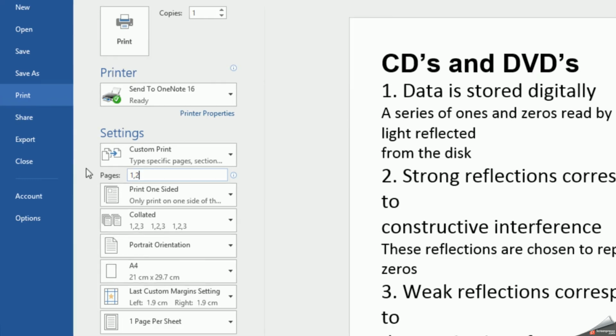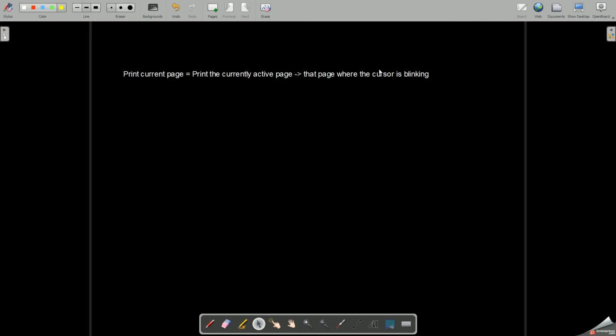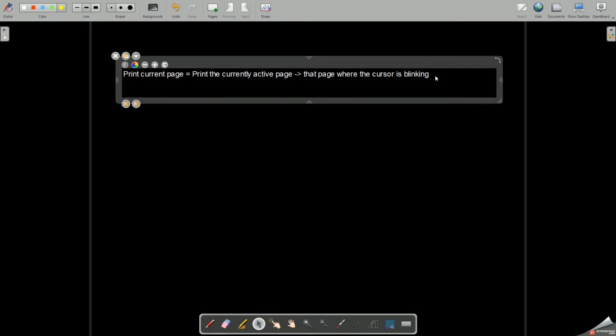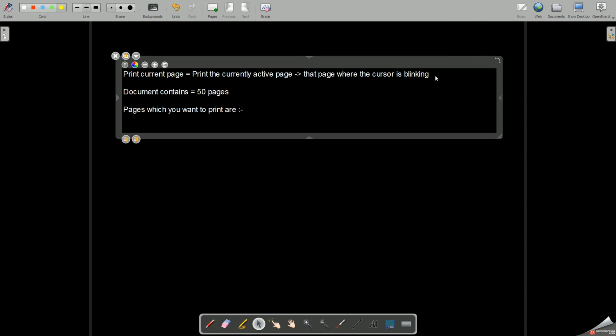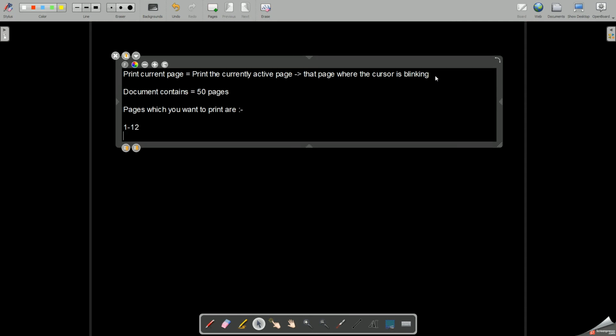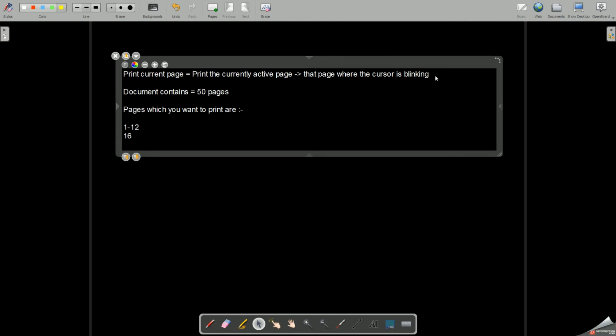So let me give you an example for this. Suppose your document contains 50 pages. Now those pages which you want to print are page number 1 to 12, then you want to print page number 16, then you want to print page number 20 to 25.